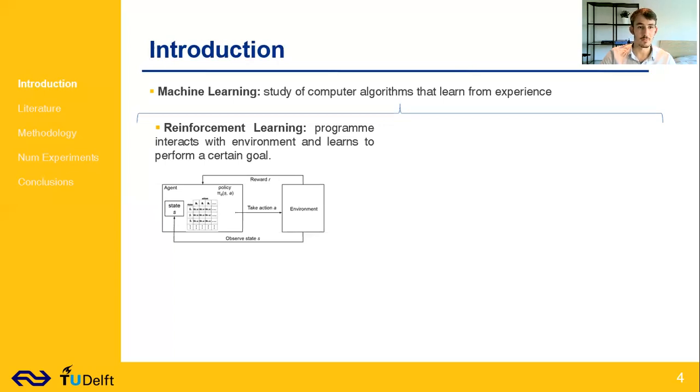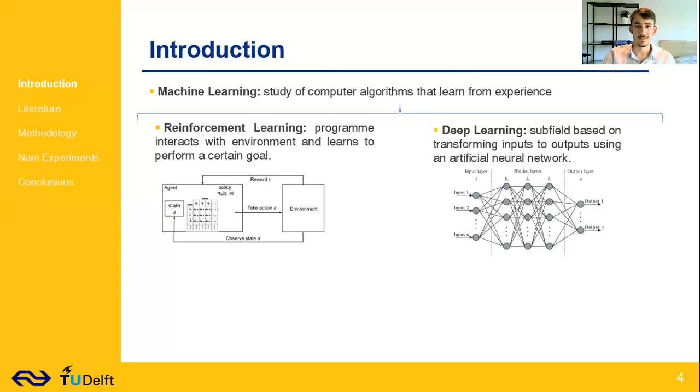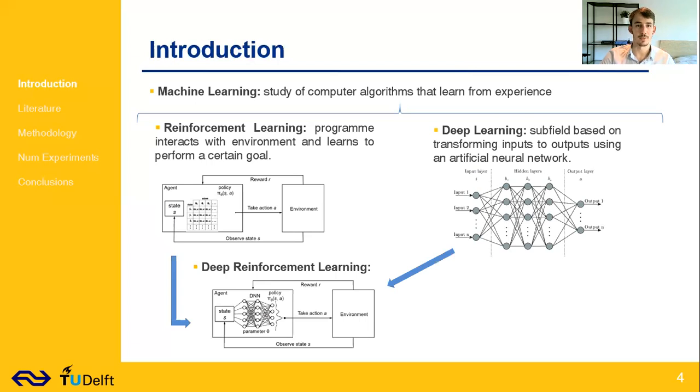And this is shown in this table. So it shows the Q values or expected rewards when we perform a specific action in a specific state. On the right-hand side, we have deep learning, which is a subfield of machine learning based on transforming inputs to outputs using an artificial neural network. What we are doing here is combining both into deep reinforcement learning. So the difference with reinforcement learning is that we are replacing the table that I described with a neural network. So basically the policy is represented as a neural network, and this allows us to scale